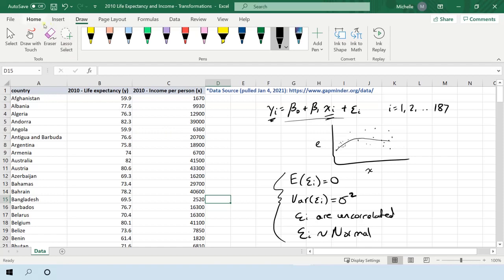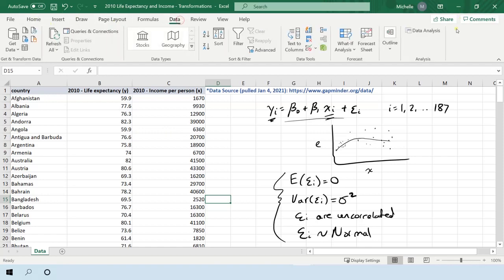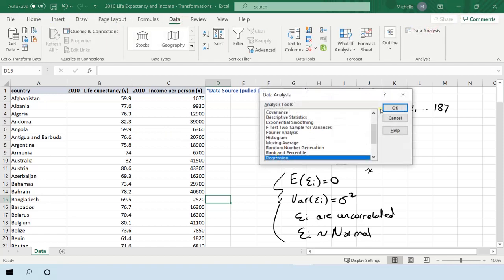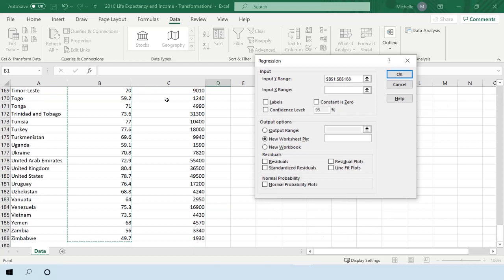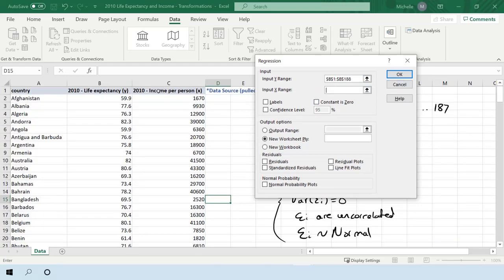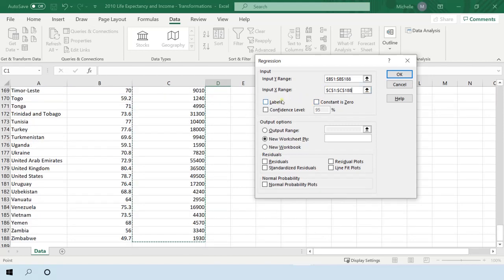Okay, so first thing I want to do is go ahead and run that linear regression on my original data. Let me go up top, press data, data analysis, regression. All right, get my cursor there in that Y, highlight my data, and then go cursor to the X value, and then highlight the data, shift control, down arrow. Okay, I included the labels when I highlighted my data, and I'm going to output on a new workbook. I'm going to call that workbook maybe original